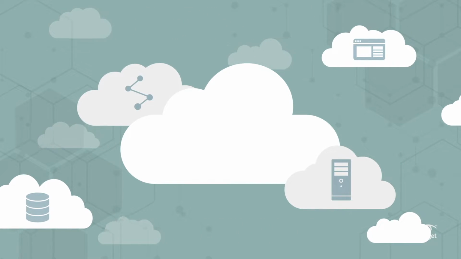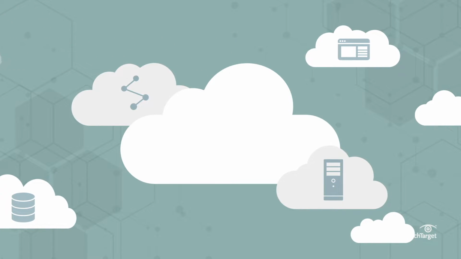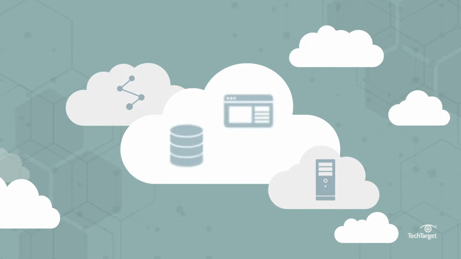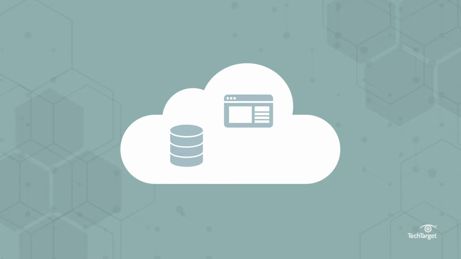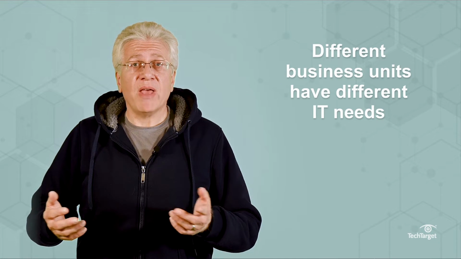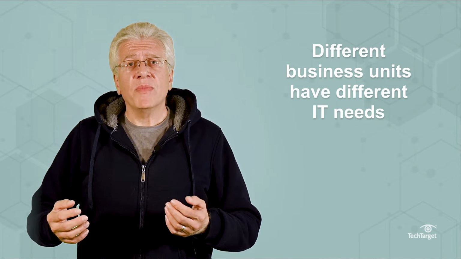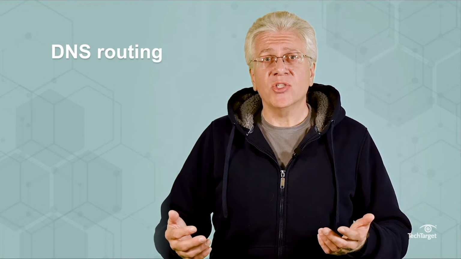Public clouds can have similar capabilities, but they're not necessarily equal. So there are advantages to being able to pick and choose across providers. First, different business units have different IT needs. For example, Google Cloud is recognized for its AI services, so data scientists might turn there for machine learning projects. At the same time, AWS offers a mature and diverse set of infrastructure services such as DNS routing, caching, and load balancers, pretty much everything developers might need in order to deploy a complex enterprise application in the public cloud.